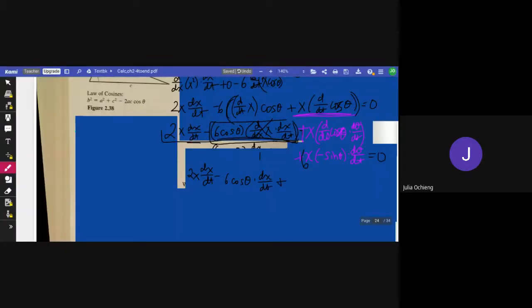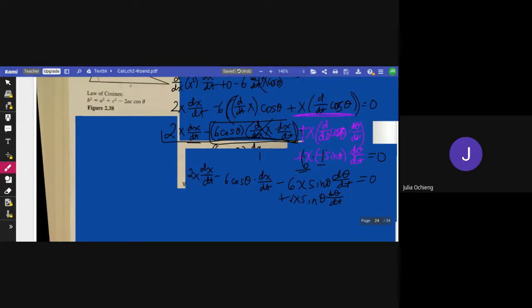Oops, let's not even do plus. 6 times negative sine, negative 1. Let's actually make that a negative 1 times. This is 6 times x times negative 1 times sine theta. So I'm going to do 6 times negative 1 and get negative 6 in the front. Put the x next, put the sine theta next, and put the d theta over dt last. Equals 0. I'm going to add 6x sine theta d theta over dt to both sides